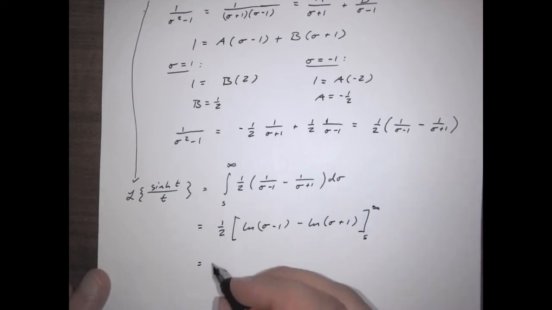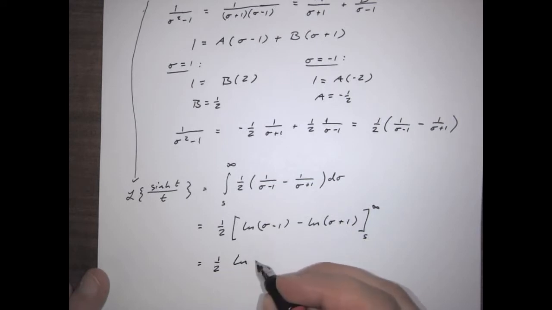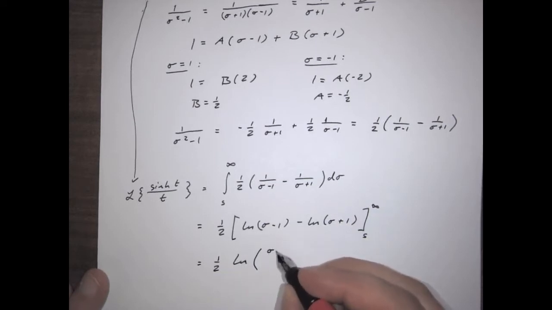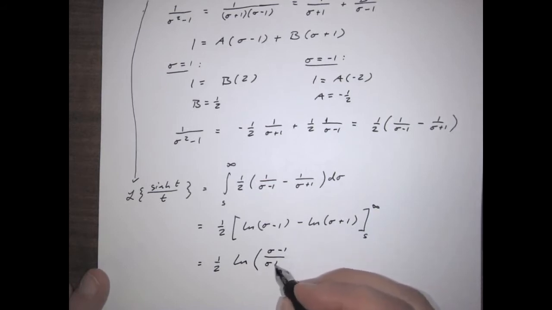And so then that's going to equal 1/2, and by the properties of logarithms that's going to be the natural log of sigma minus 1 over sigma plus 1